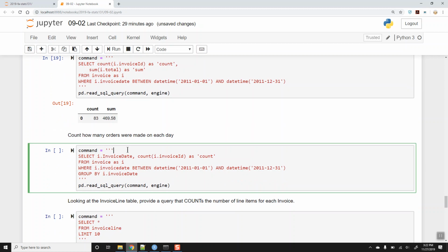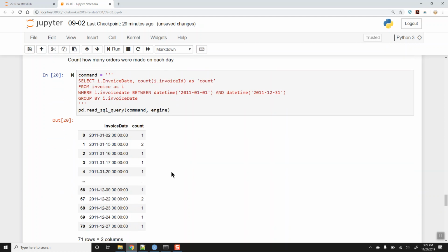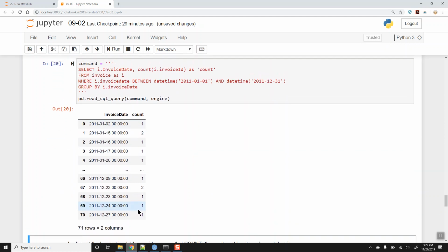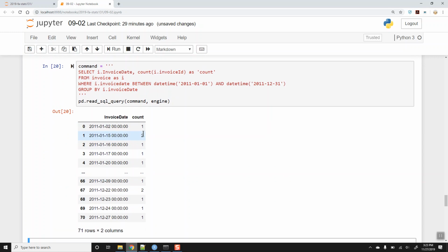Okay, select how many orders were made on each day. We're going to select the date and the count, and we are going to group by the date. We can see orders happened on 71 unique days. Some days had two orders and things like that. If we wanted to group it by month, we would have to extract the month information from